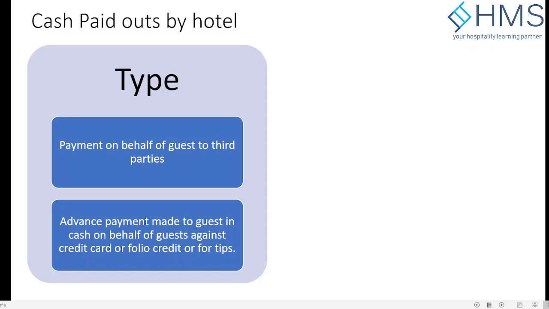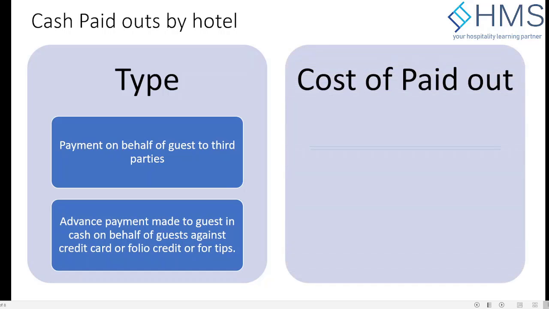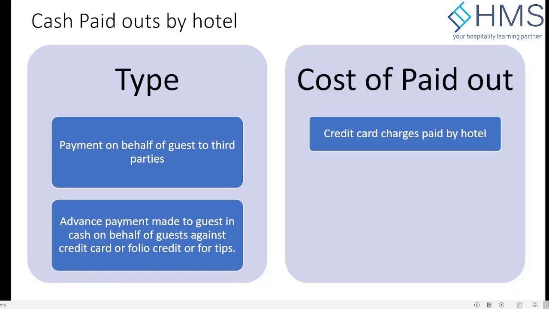So it depends on the hotel policy, how flexible the hotel is, because there is a cost, right? There are credit card charges which you are paying from the hotel. So normally from the paid out, the hotel may charge that amount to the guest as well. So if you are paying 2,000, you can charge 5% or 10%, depending on the negotiation or depending on the hotel policy. But sometimes, as I was saying, for long stay guests, you may not be able to charge a lot of money from the customers.